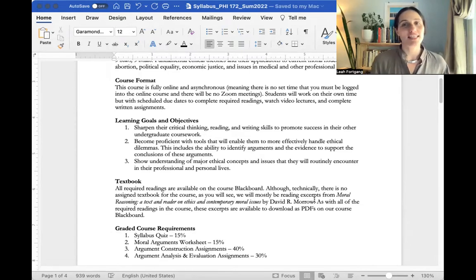A lot of this is going to involve that critical thinking thing that we do so often in philosophy. There's a fair amount of reading in the class. For the most part, reading there is just being able to learn how to pull out the reasons that someone is giving in defense of their view. And then you're going to definitely have an opportunity to sharpen some of your writing skills.